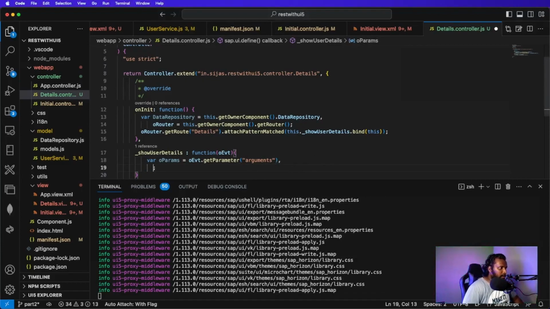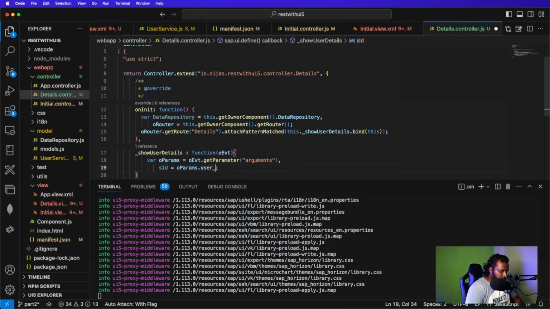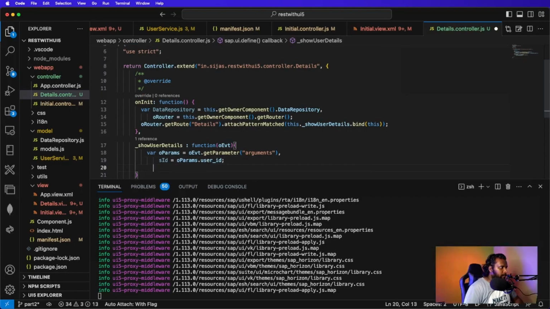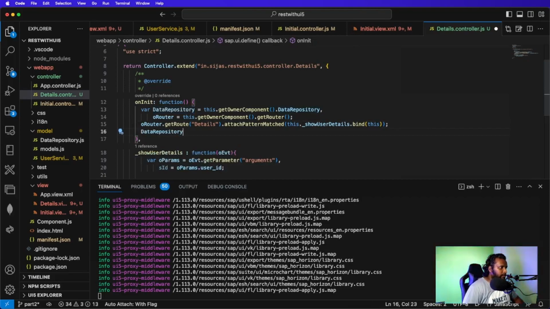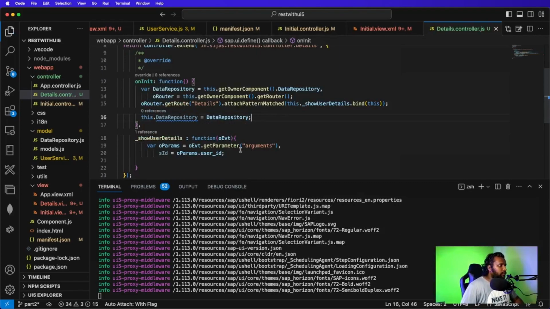Now let me call it sID: params dot user ID, right? Now I need the data repository because I want to know whether data is available in my data repository or not. So I store the data repository variable. Now in this data repository,